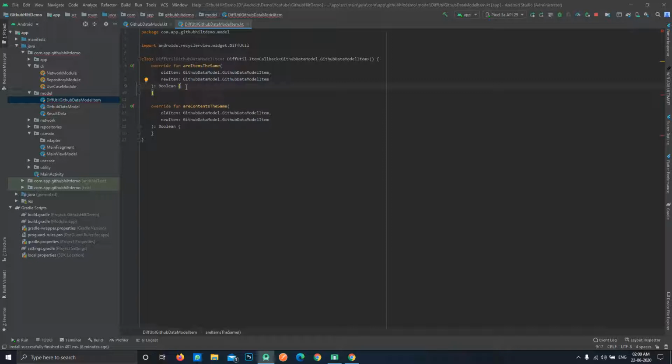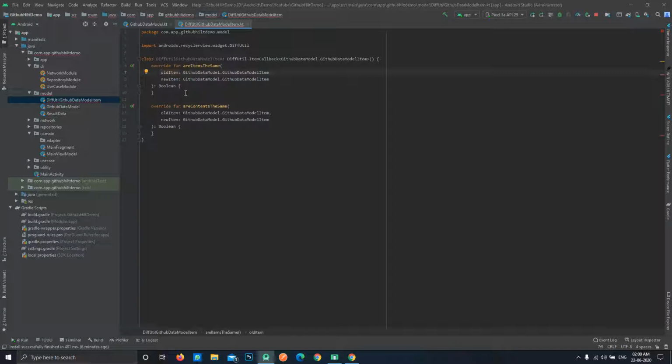So now it will check the first item, then the second, and at the third step it will see that both of these items are not actually matching. Okay, so now it will only update our RecyclerView's third item, not the first, second, or any other item.